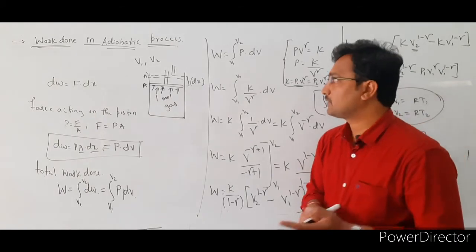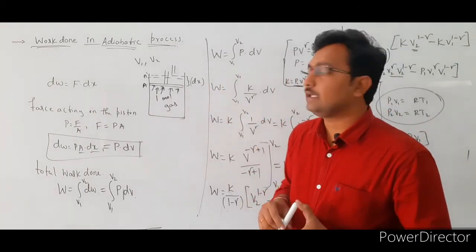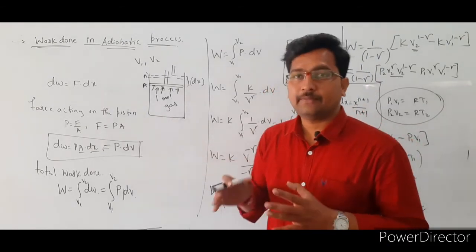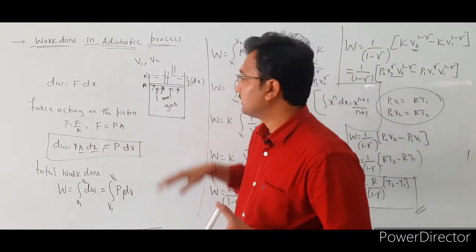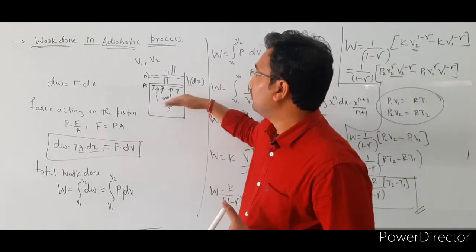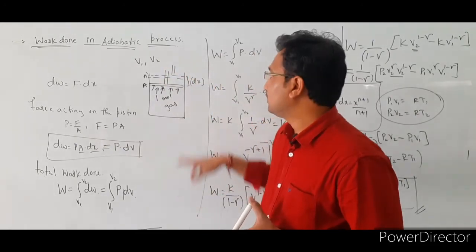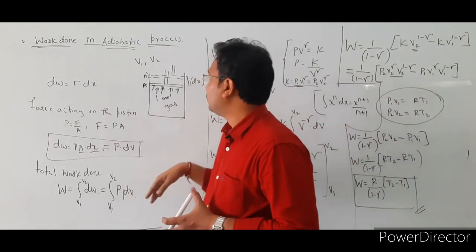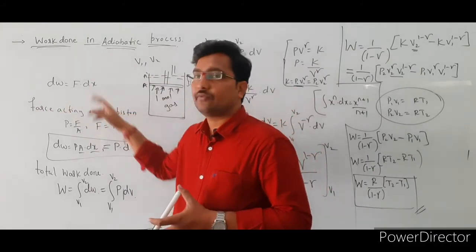Okay, so here, first we have to consider the cylinder is made up of a purely bad conductor of heat, and it is fitted with a frictionless piston and it consists of 1 mole of a gas, right? Okay, here this gas has a certain volume and this gas exerts an amount of pressure on the piston. Due to that pressure, the piston is moving to its new position A dash, it covers a small distance, that is dx. Then the small work done to change the piston position from A to A dash, that is dW, is equal to force into dx.